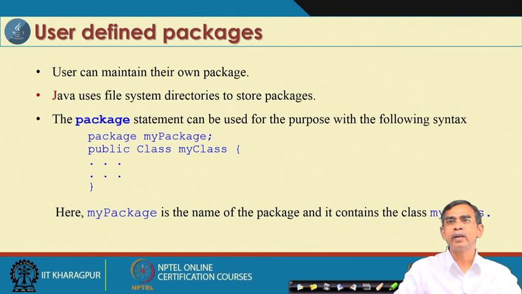Now, you have to create one directory where you can store all the files. I mean files means the Java files, and not only the Java files, in addition to all the Java files, their corresponding class files. If you store .java and the corresponding .class files, then you can put all those things into a directory, and then that directory becomes a package. The thing appears very simple, is it not? But actually there are many more things to be considered. It is not so simple, but in simple words I can say like this,